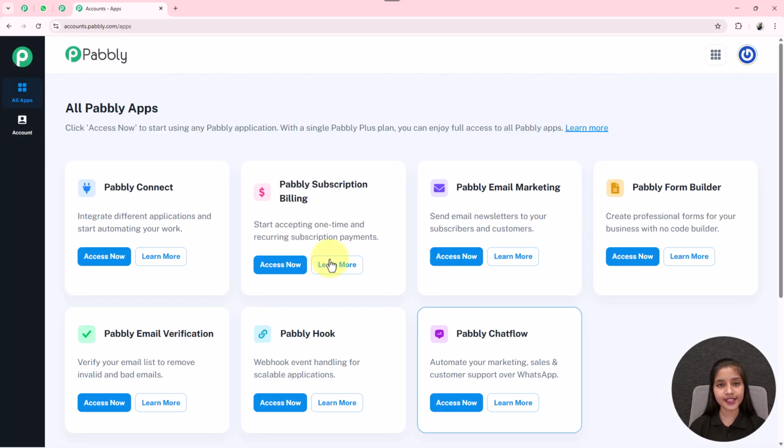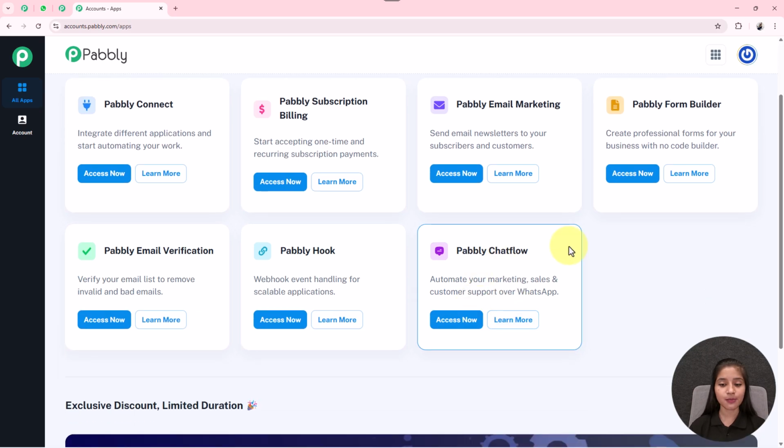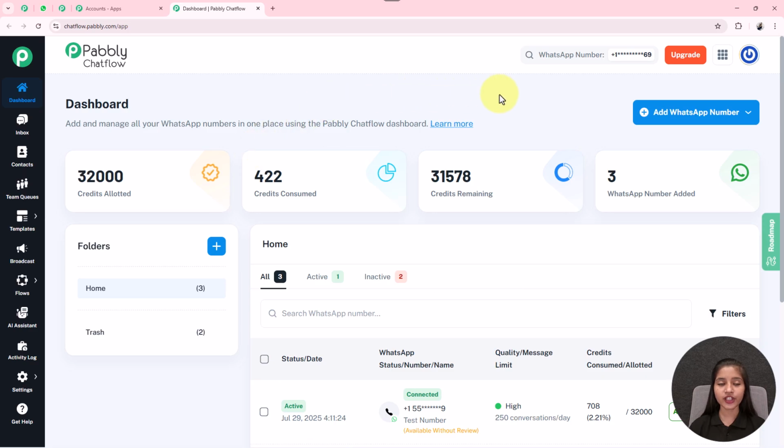So here you can see all the apps that Pabbly provides to its users. As we are creating a WhatsApp chatbot with the help of Pabbly Chatflow, I am going into this Pabbly Chatflow box by clicking the Access Now button. This is the dashboard of Pabbly Chatflow, where you can add and manage all of